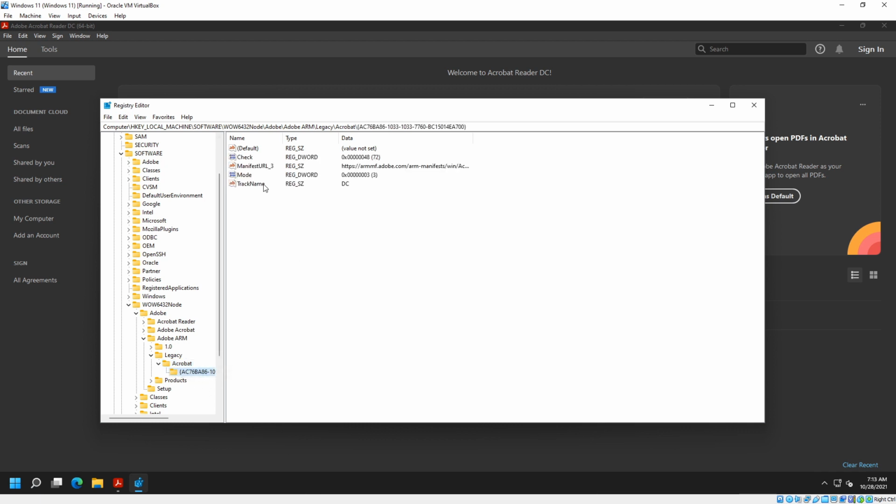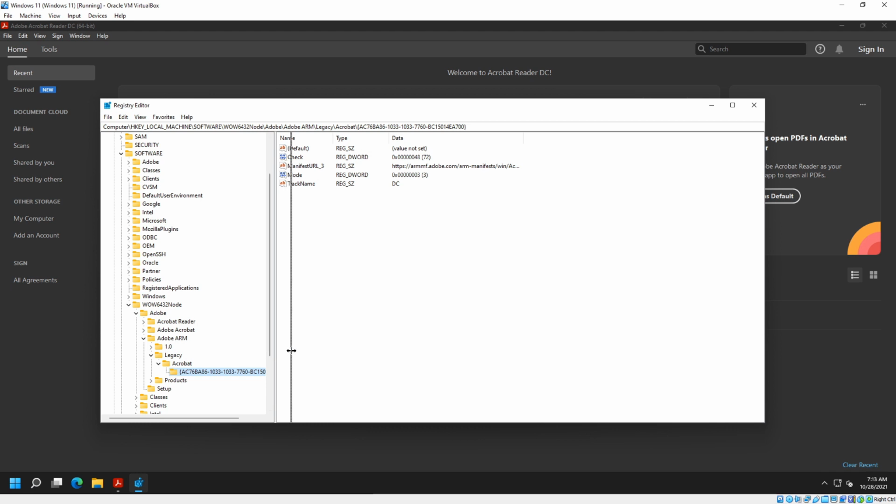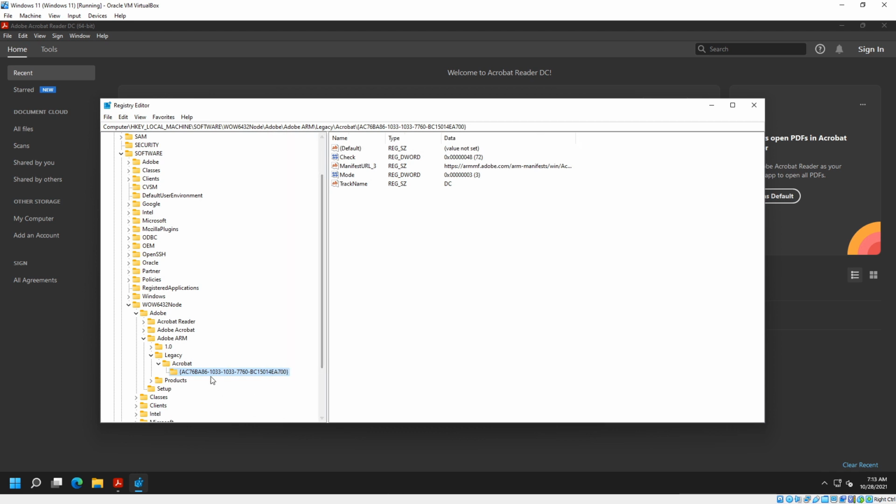So if you click on that, you will see Mode as one of the REG_DWORDs. This is the setting we need to modify. Let me expand this for you all here so you can see it. But yeah, it should look similar to this. Like I said, these numbers shouldn't be exactly the same. They're probably different, but just click on that. You'll see Mode, and currently Mode's on 3. What we're going to do is double click Mode, and I'm going to personally change this value from 3 to 4